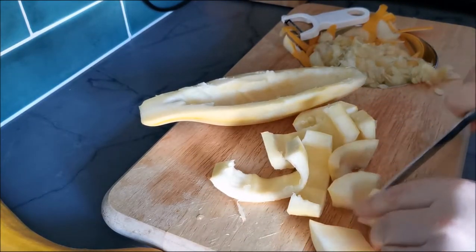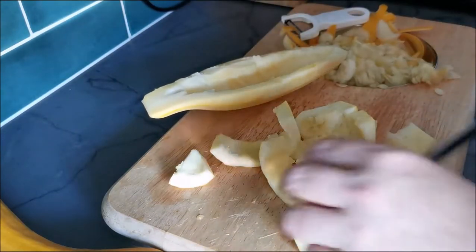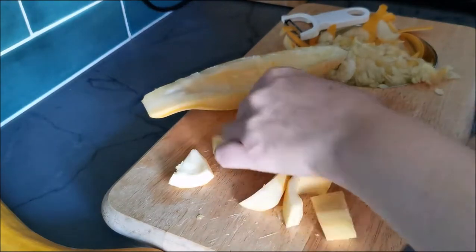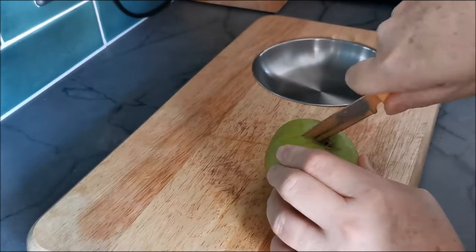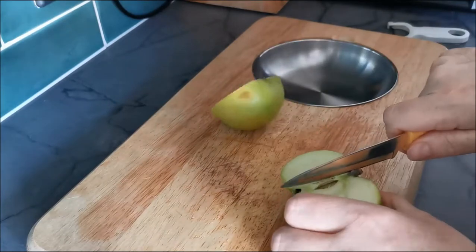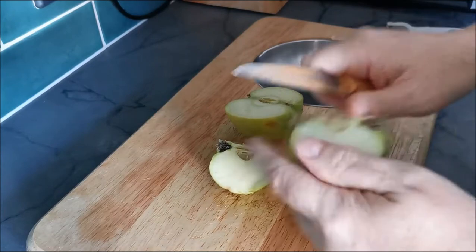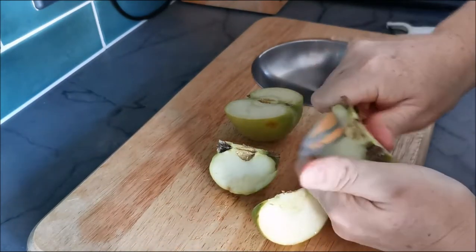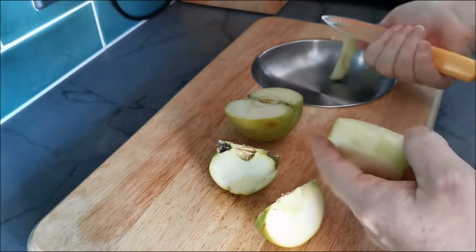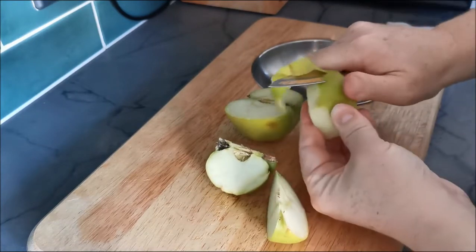Just quite roughly. And then I will do the same with the green courgette. Now I'm going to chop, peel and core the apples, and the easiest way I find with apples is to cut them into wedges,